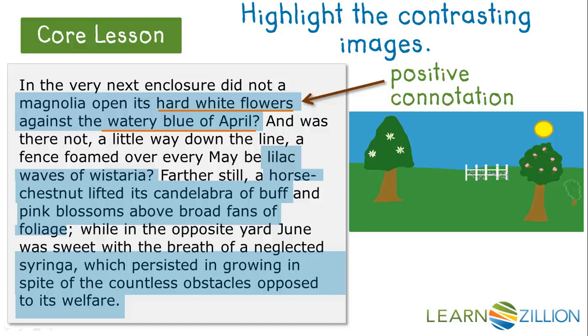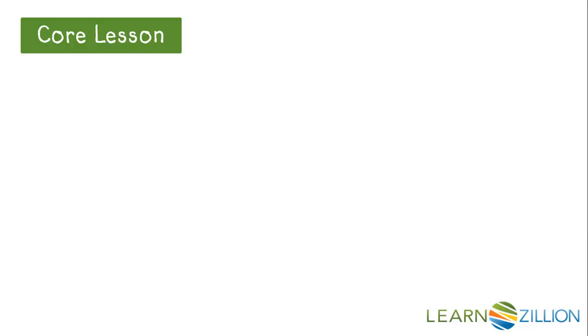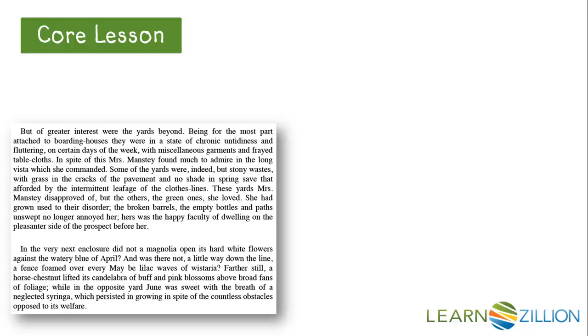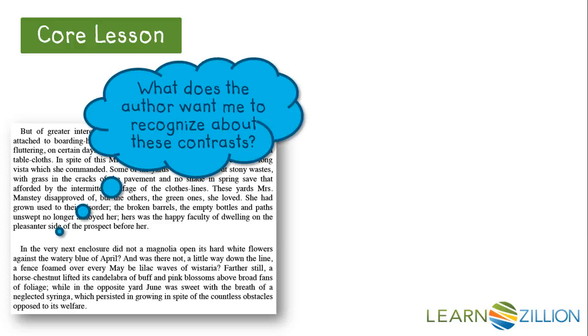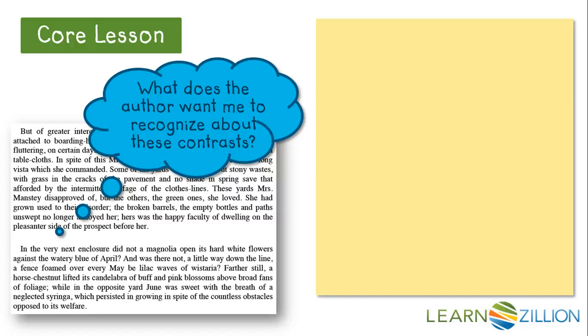So after highlighting the contrasting images, we are ready to move on to step 2 and ask ourselves, what does the author want me to recognize about these contrasts? I'm going to use a sticky note to keep track of my ideas. The first thing I noticed is the juxtaposition. Remember, juxtaposition is the act of placing contrasts side by side, and Wharton is clearly contrasting the ugly yards with